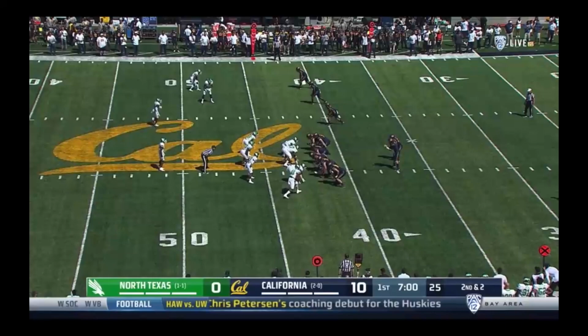In this shot, we can see all 22 players on the field. If we take time to count all the players that are in the box, we see that Cal has 5 offensive linemen and a tight end, giving them 6 blockers. North Texas is then matching that by playing with 8 guys within 10 yards of the line of scrimmage, and really confusion's got nothing to do with it when the defense has 2 more guys than you can possibly block.